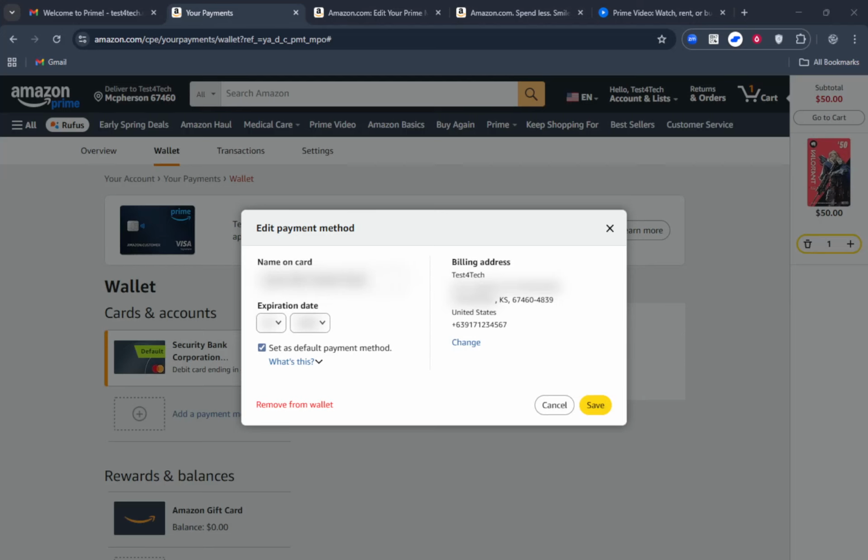In today's video, I'm going to teach you how to update payment method for Amazon Prime. If your card has changed or expired, updating it correctly ensures your Prime benefits keep running without interruption. We'll do this on a desktop browser, starting with your Amazon wallet, and then assigning the new card to your Prime membership so payments charge the right method.